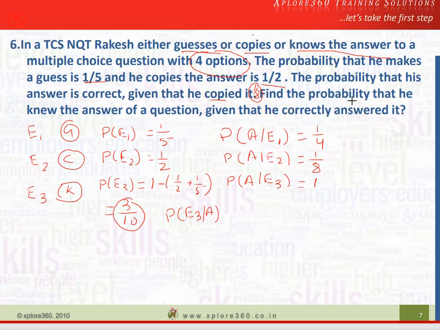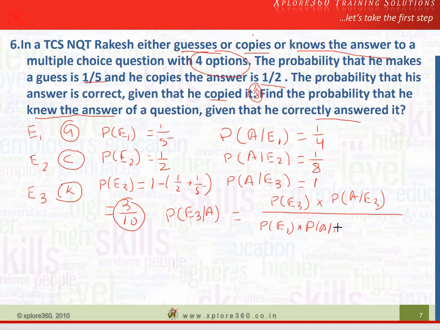Reversed it: the probability that he knew the answer given that he correctly answered it. So P(E3 | A) equals P(E3) into P(A | E3), divided by P(E1) into P(A | E1) plus